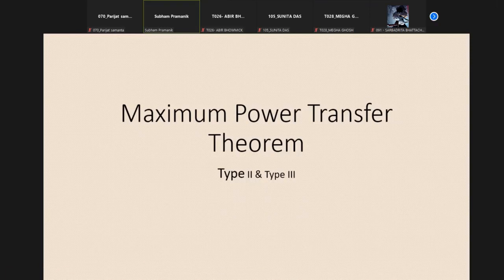As you can see, you have probably seen that the syllabus is up to maximum power transfer theorem. I think I started maximum power transfer theorem yesterday. That was just the beginning. For type 1 network, there are two more, as I mentioned. There are actually three types of maximum power transfer theorem. The statements are different, their proofs are different, and obviously the numerical problems related to these three kinds are different.